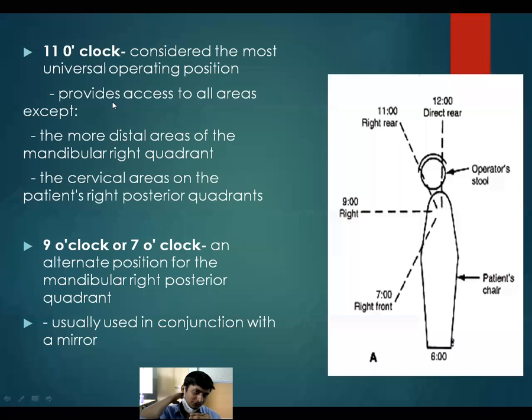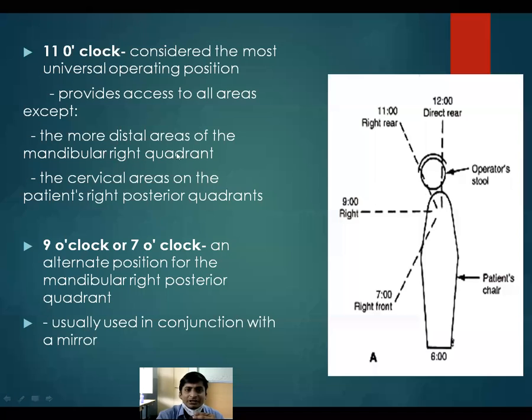So the 11 o'clock position is considered the most universal operating position. Most of the procedures performed in restorative dentistry are performed at the 11 o'clock position. It provides access to all areas. If you are sitting at the 11 o'clock position, you will get access to all areas of the mouth